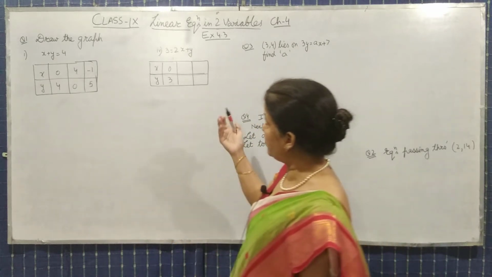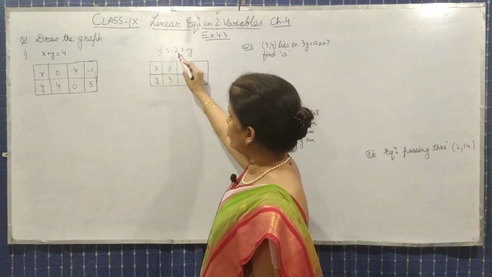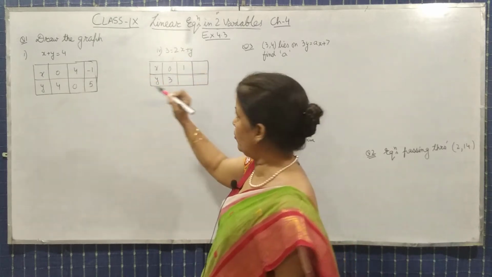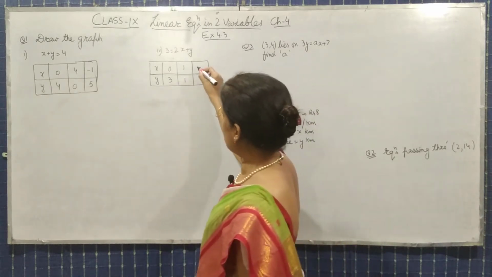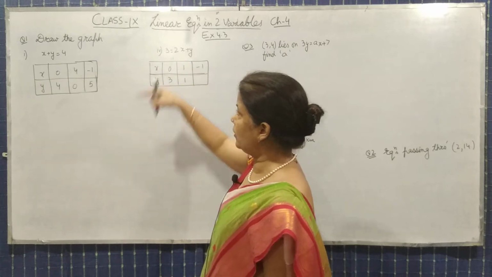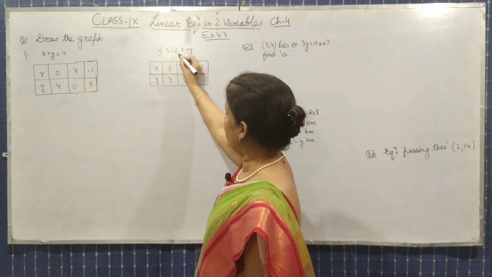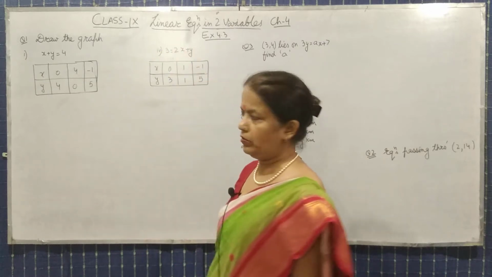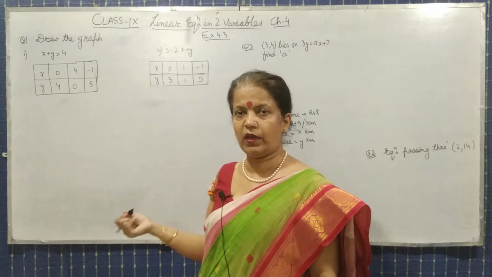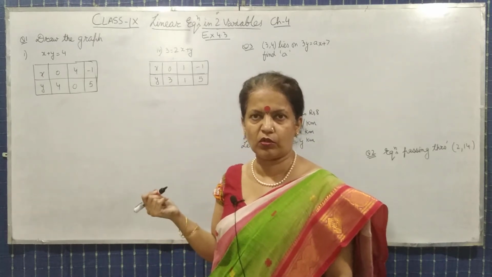Okay. So what do we do? We will take the x value as 1. So 2 into 1 is 2. Shift it to the other side. Y will also be 1. X is -1. Shift it to the other side. Here it will become -2. Shift it. You will get 5. Like this, you can find out the solutions of the remaining linear equations also.